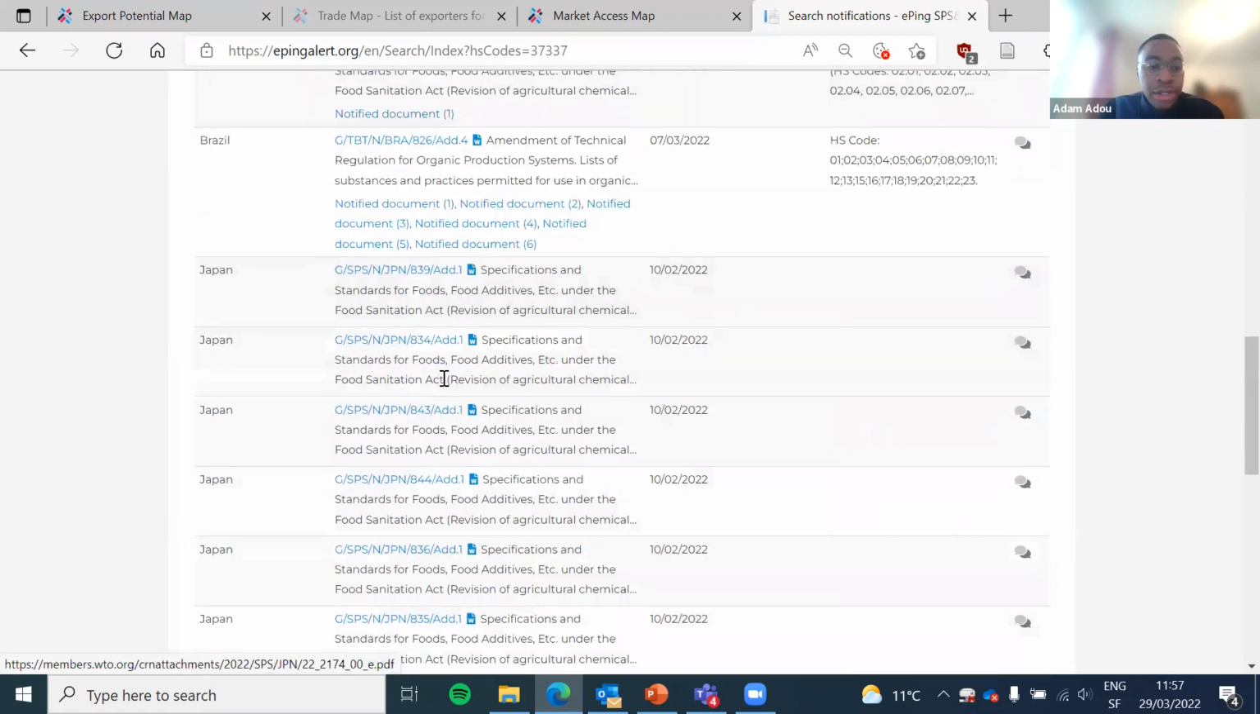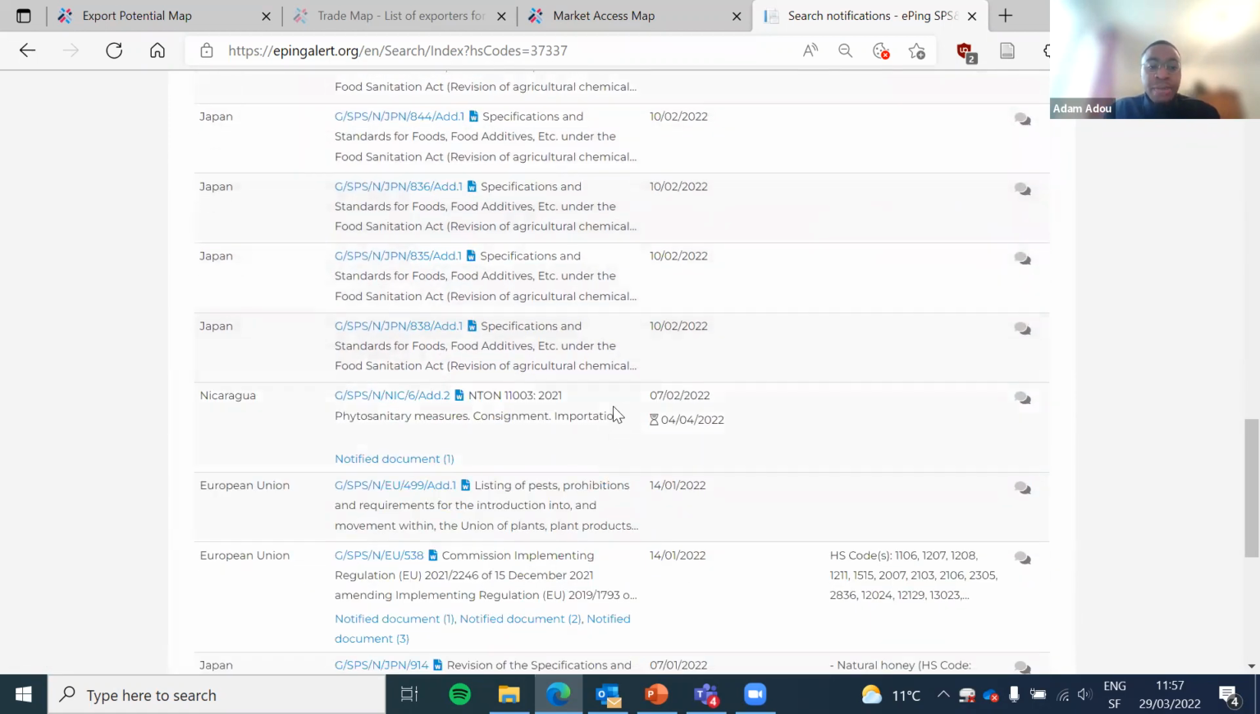If I remember, I'm interested in exporting my product to the Netherlands, which is part of the European Union. And I see that the latest notification issued by the European Union was an addendum on January 14, 2022. My product is concerned by the addendum because when I launched the research, I put in my HS code and this notification just appeared. So my product is concerned. If you click on it,